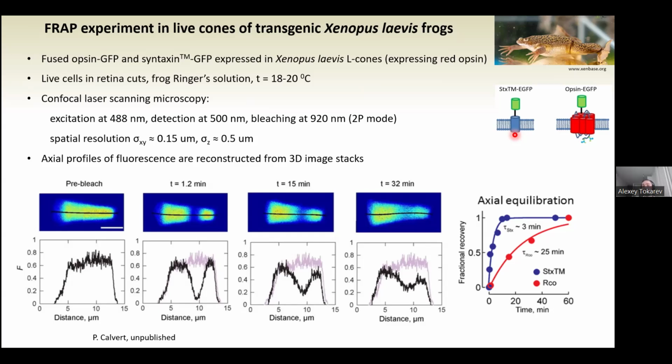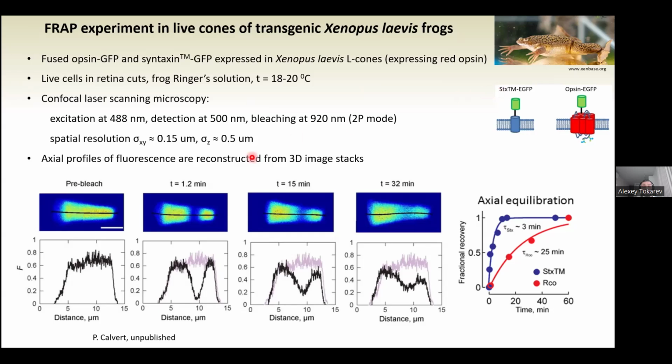Okay, it cannot interact with any component of the phototransduction cascade and cannot dimerize, as rhodopsin, which people believe can partly dimerize. So we use both opsin GFP labeled and syntaxin transmembrane GFP labeled in our experiments. And